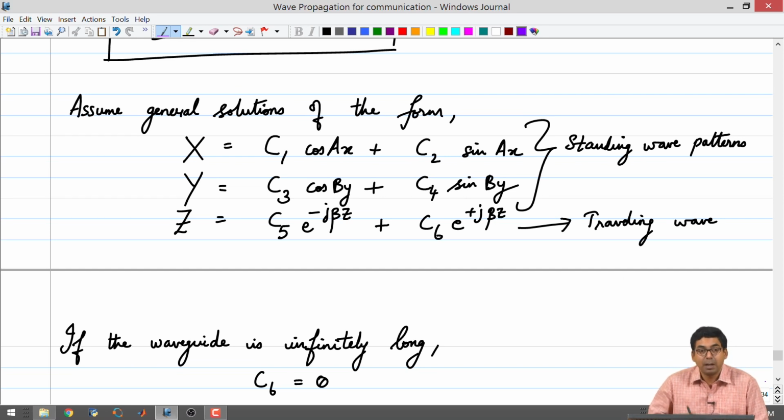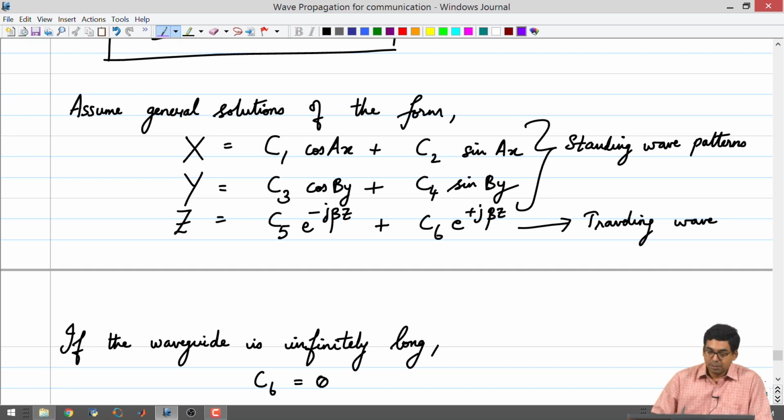In this case, we already know from the parallel plate configuration that there has to be a standing wave pattern in this direction, a standing wave pattern in this direction, and along the length of the waveguide there has to be a travelling wave. Since we already know these things, we are able to pick specific general solutions corresponding to standing waves, and solutions that satisfy boundary conditions reasonably well. For example, some component of the electric field may have to become 0 on an interface. These details are very important.